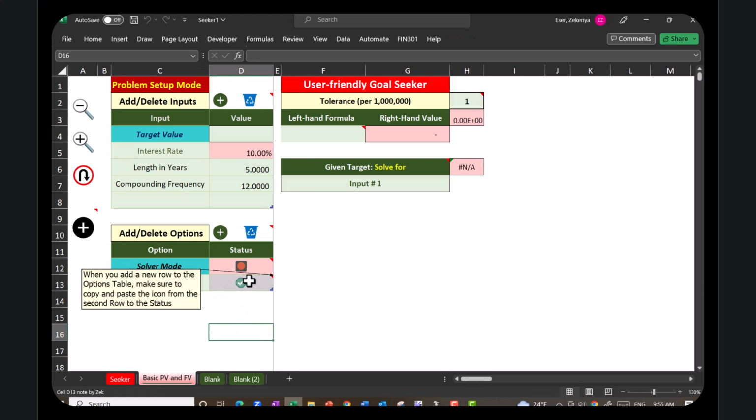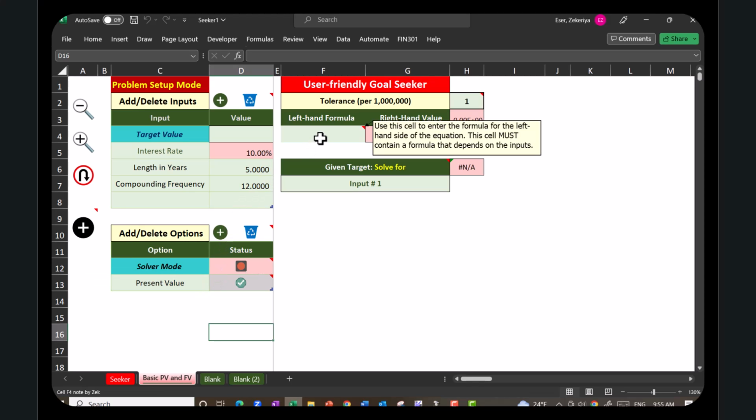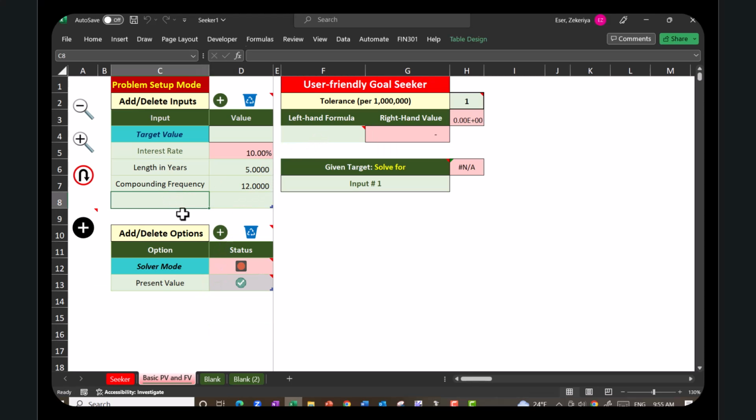Now I'm going to enter the formula. I'm going to also call this the input. If my output is present value, my input is going to be future value, right? So if this cell is equal to 1,